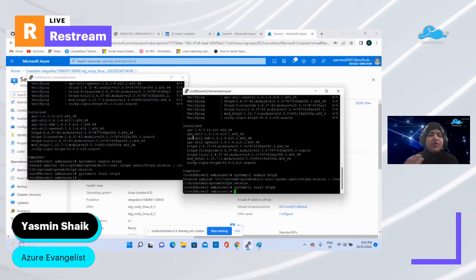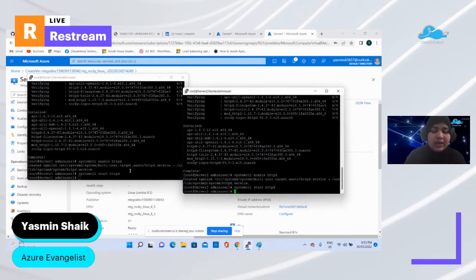If you go to the roles and set up the roles, the web server IIS will automatically be available to you on the Windows operating systems. Okay, as I have taken this Linux virtual machine, we have to install whichever web application you want. I have installed this Apache server here. Now I've started the service, done.